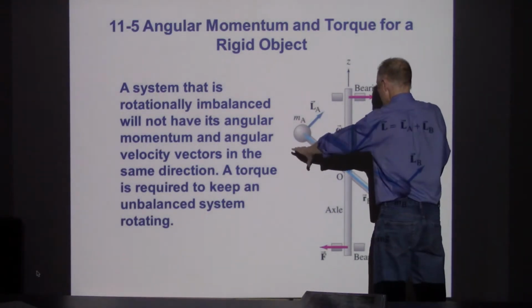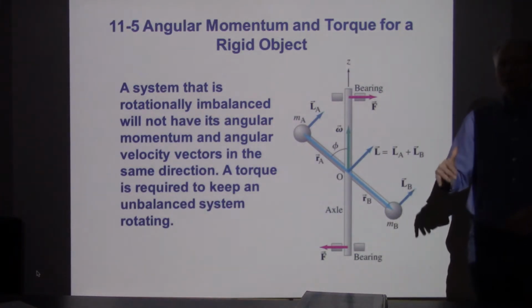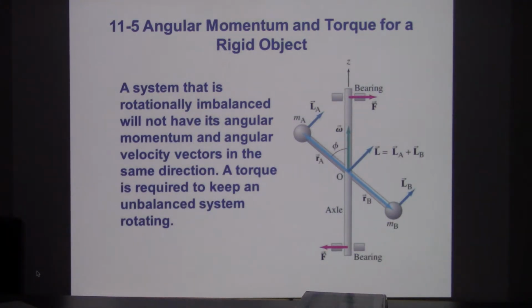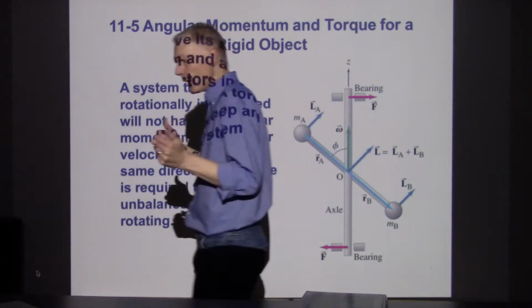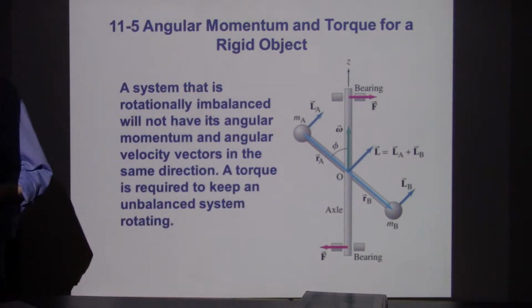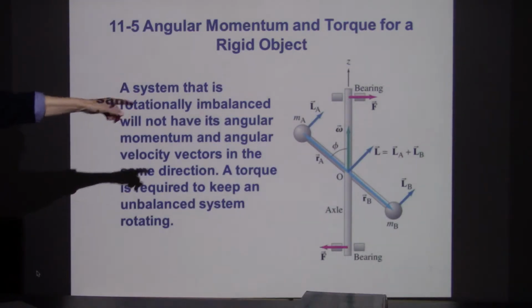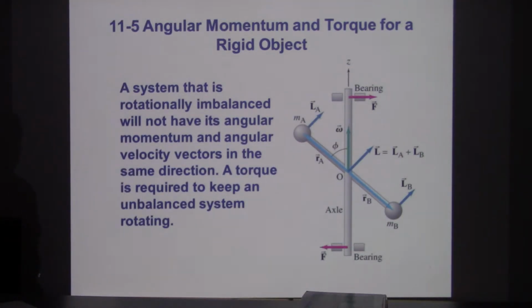If we tip these so that they're both in a horizontal plane, then their angular momentum would add up in a manner where it would match the omega direction, but currently it's not. And what that tells us is this: if we do an angular momentum assessment on an object like this, and it doesn't line up with the axis of rotation, then we are going to have torques constantly acting on this object in order to have it stay